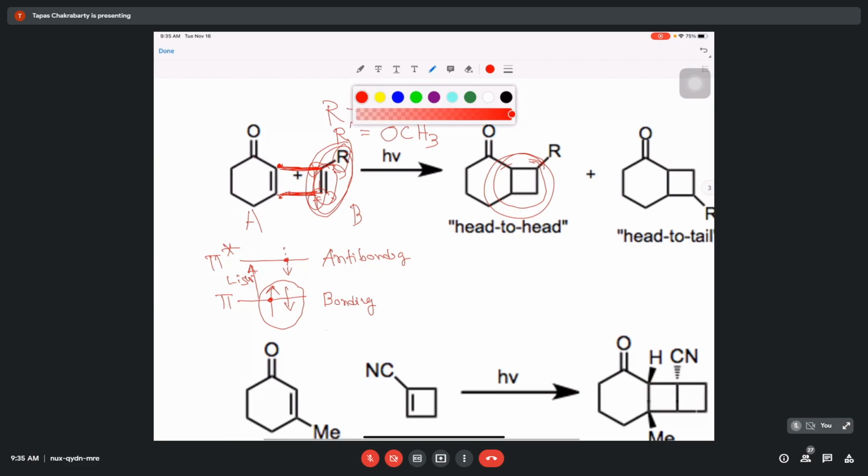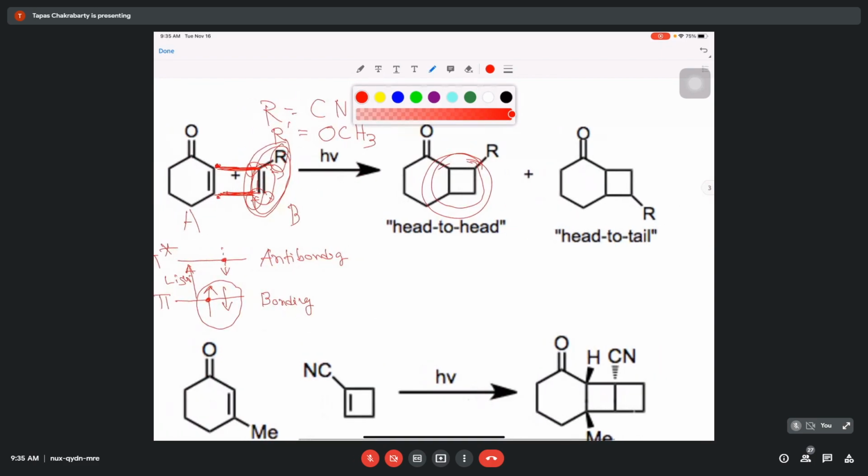Okay. Now, when there is a cyclic compound like this, you can see that many different kinds of diastereoisomers, as they are called in the chemical literature, can be produced. So depending upon the orientation of the second molecule, that is molecule B, if the R is on the top side, then this R could be present here. But if this kind of combination can take place where this R is on the downside, that is, if the orientation is different, then you generate this molecule. So this is called the head-to-head combination or the head-to-tail combination.